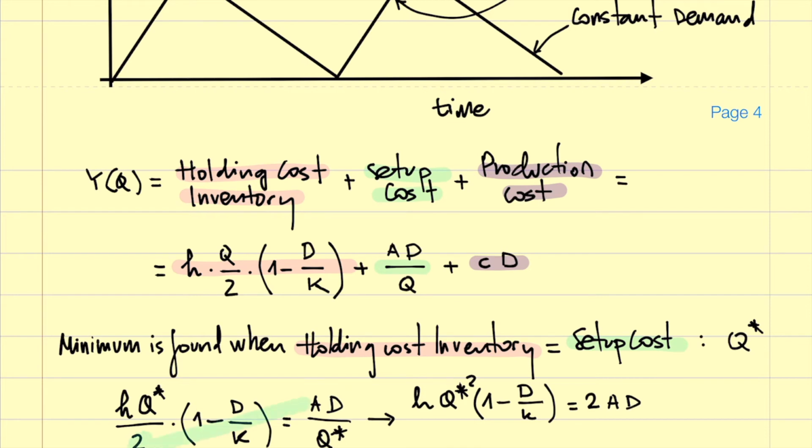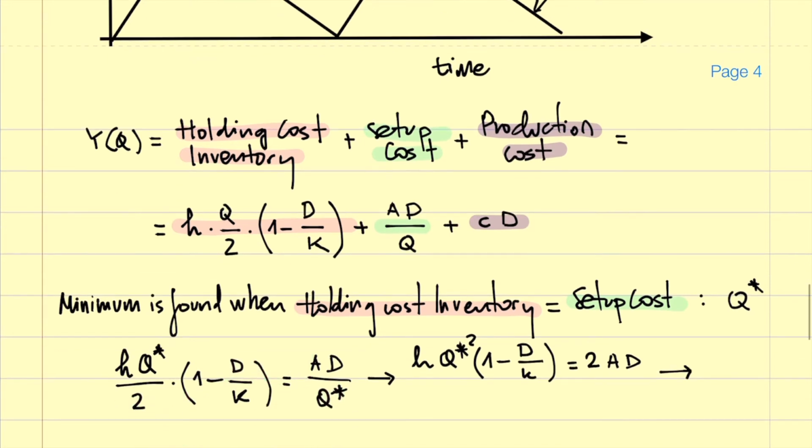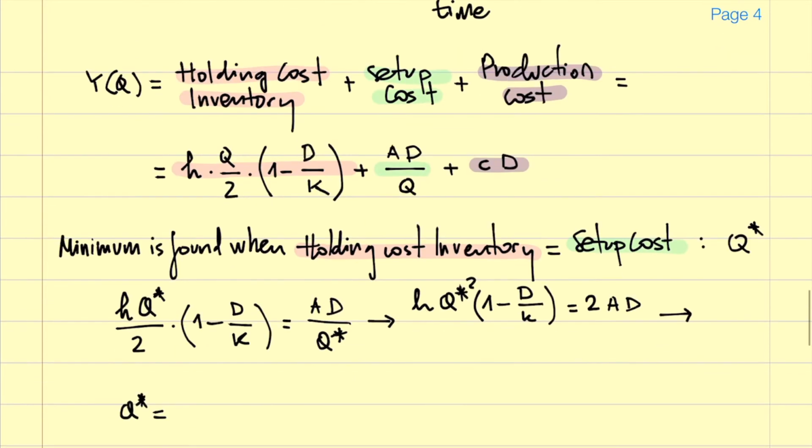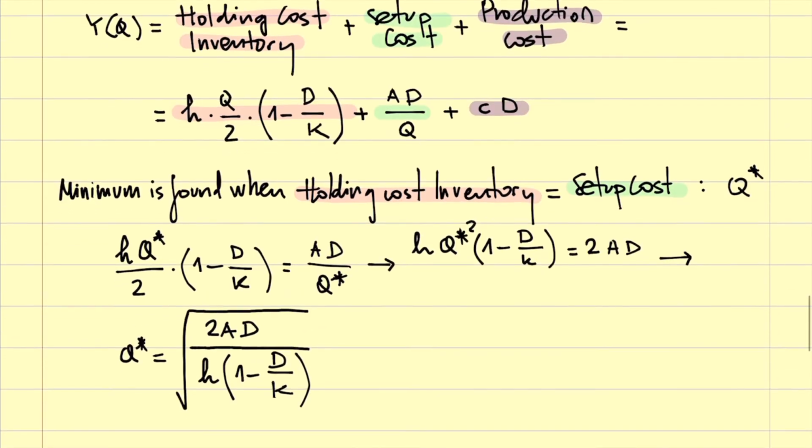Okay, and this means that Q star equals the square root of 2AD divided by H times (1 minus D divided by K). Okay,